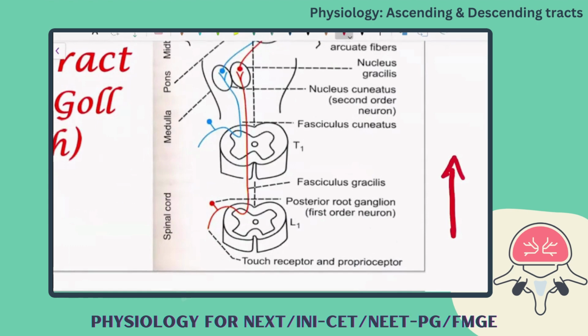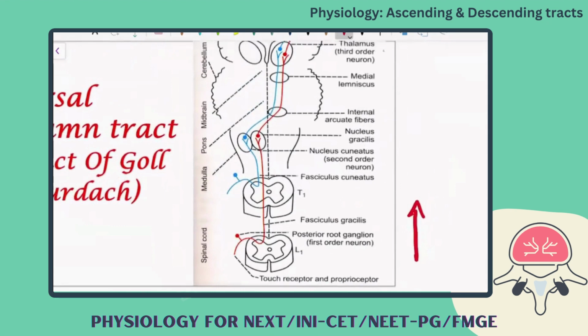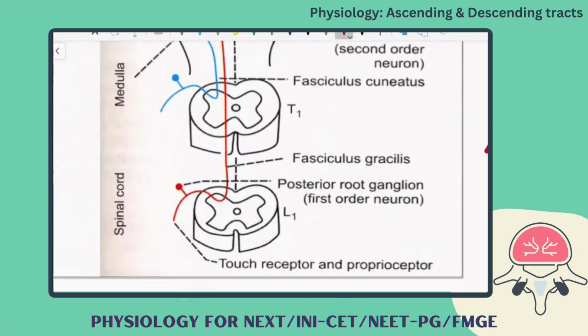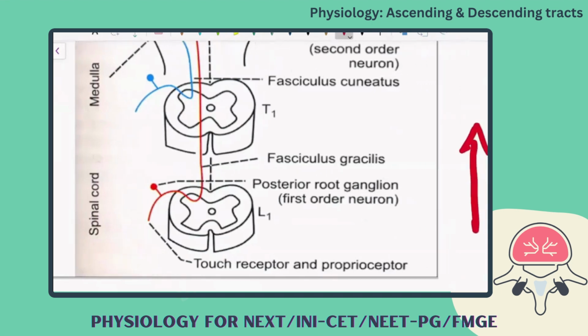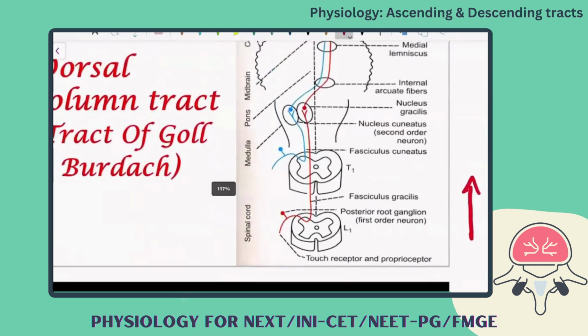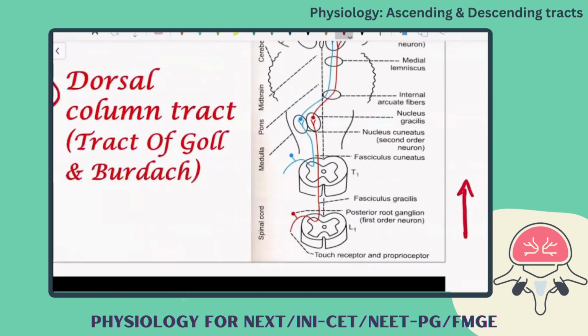Just remember, no need to remember all the course of the pathway. Okay, you should know from where it is originating and what all the sensations it is carrying and to which part of the brain it is giving the sensation. Okay, at least those things you should remember. If you are remembering the entire course of the pathway, well and good. But if you don't know from where it is originating, where it is terminating, that is a big mistake. Okay, clear? So this is dorsal column pathway, and this is mainly responsible for carrying the sensation of touch and